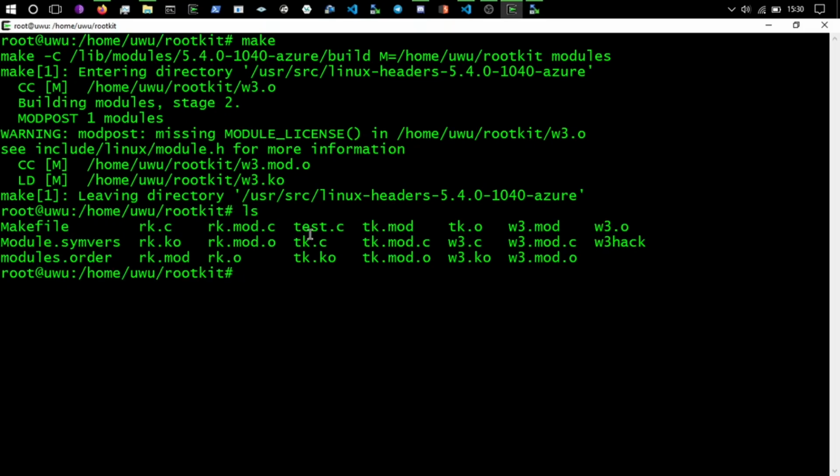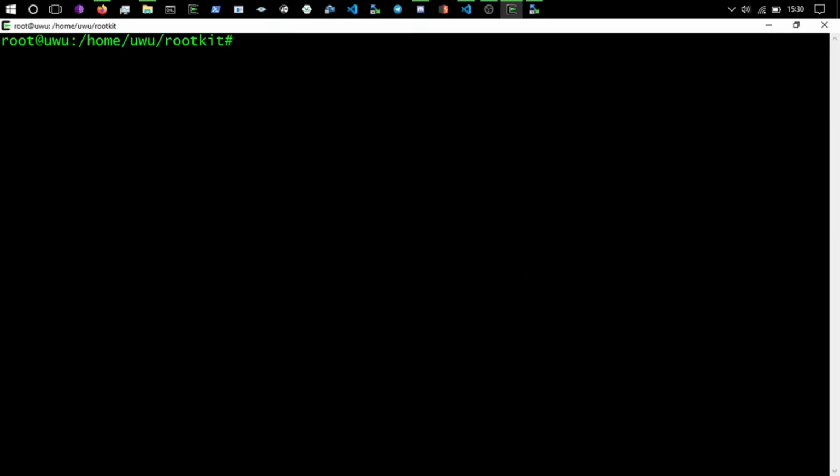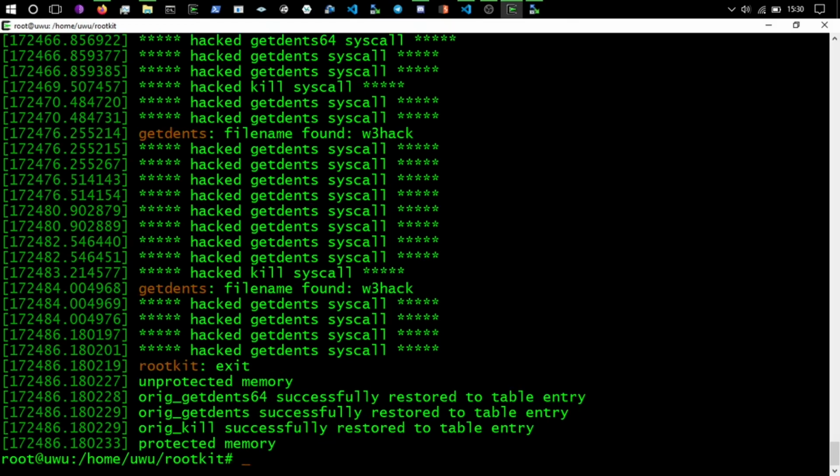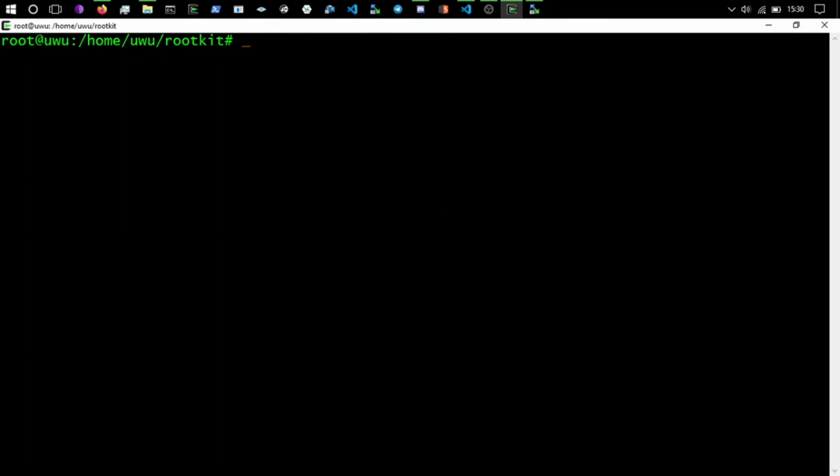Now if we do ls, instead of just w3.c, we also have some files here called w3.ko, w3.o, etc. Our Linux kernel module is w3.ko. That is what we will be inserting. First I'm just going to quickly have a look at dmesg. I'm going to clear dmesg by doing dmesg --clear. You can use dmesg to view messages from the kernel log, or we can also go to